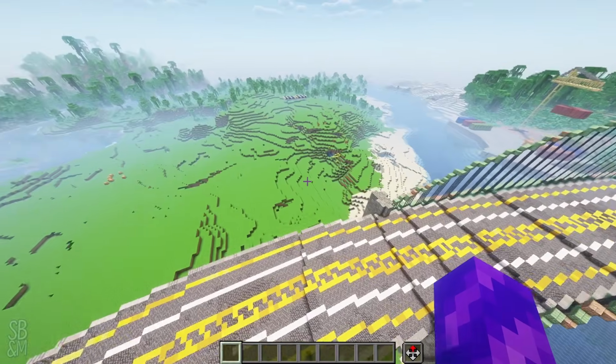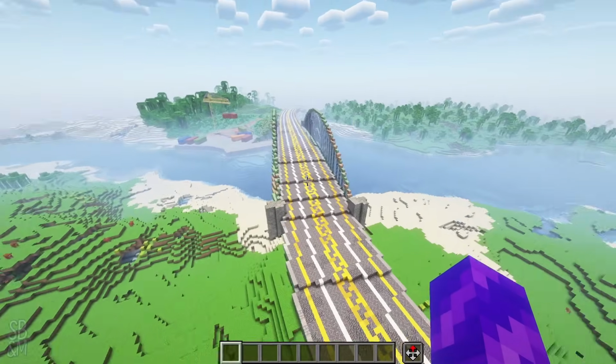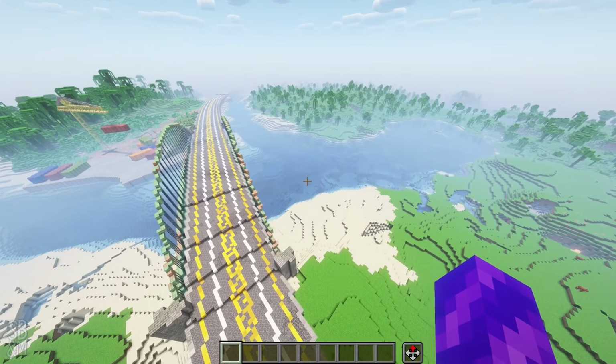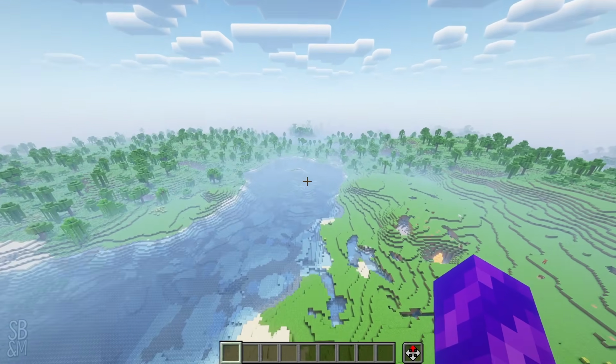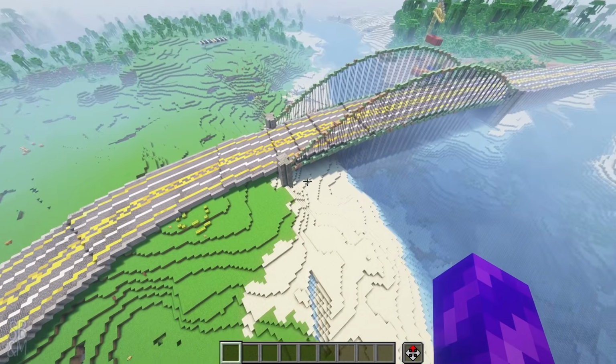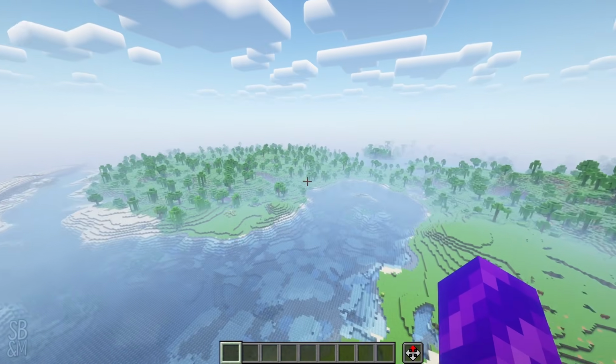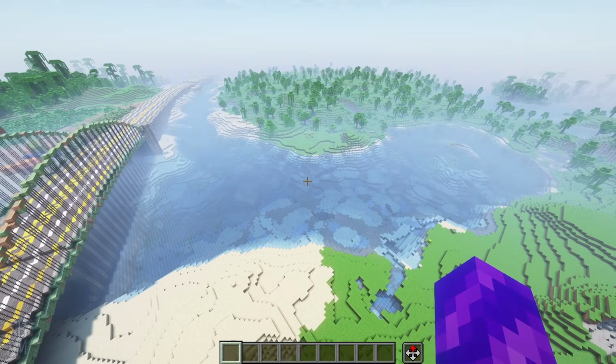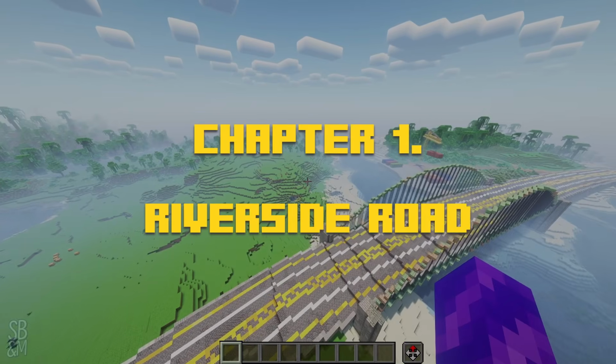But I think what we're going to do now is work on this side of the water. And something that I was thinking as well, we've got this kind of cove over this side. Imagine if we were to get a road that comes along this beach and swoops around there and then swoops around that way as well. I think that's the plan for today, but we need to try and create a road for that first of